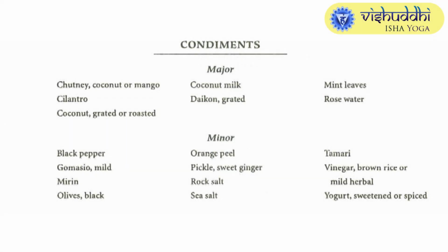Condiments. The major ones that they can take are chutney, which is coconut. I don't think mango should be here, but coconut chutney is good. Cilantro, grated coconut they can put in the vegetables. Coconut is really good for Pitta aggravation. Coconut milk is so amazing. The people who have Pitta aggravation should make their curries with coconut milk